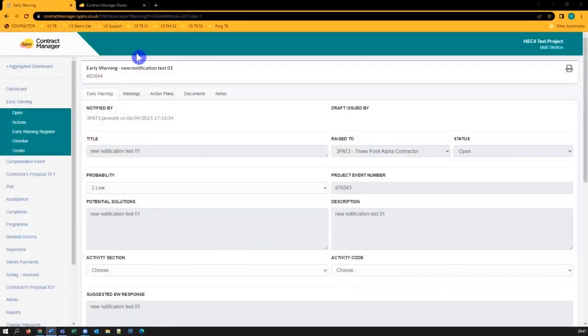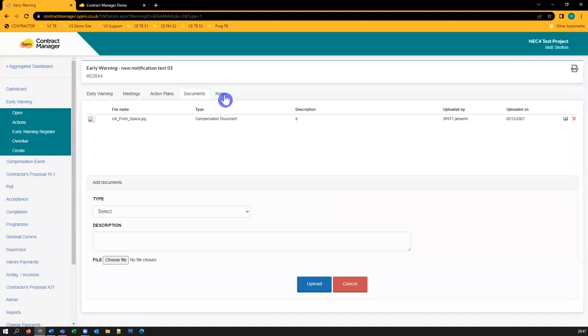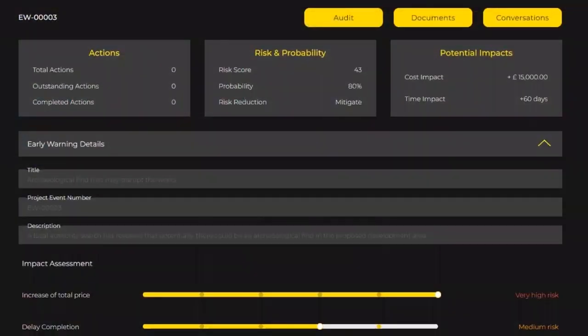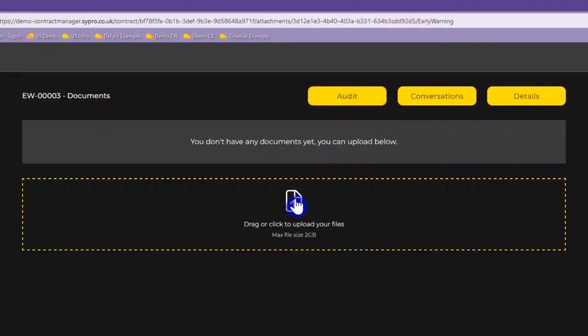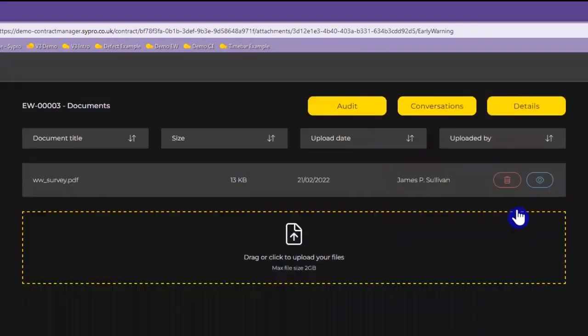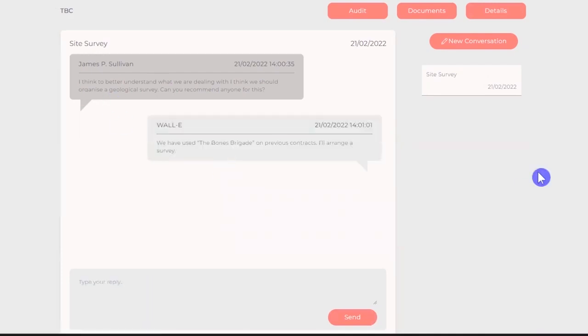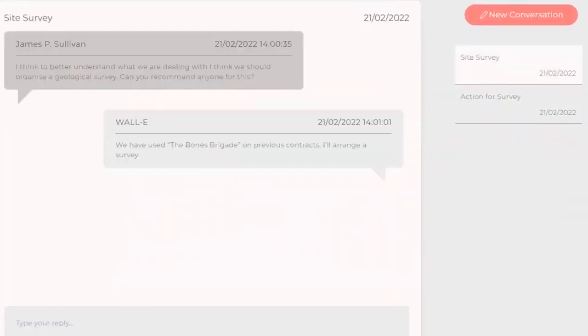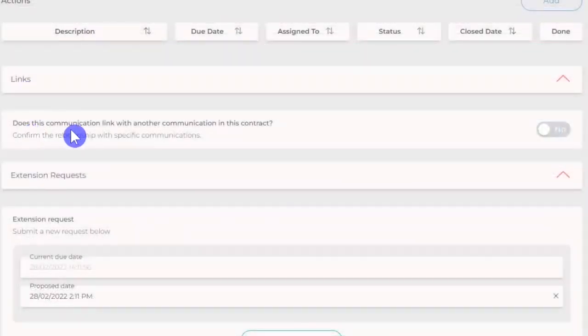Communication features. In version 2, the module features comprised the following: meetings, action plans, documents, and notes. Version 3 now provides a series of supporting features that are available in every module on the system. These include the audit, documents, conversations, actions, communication links,